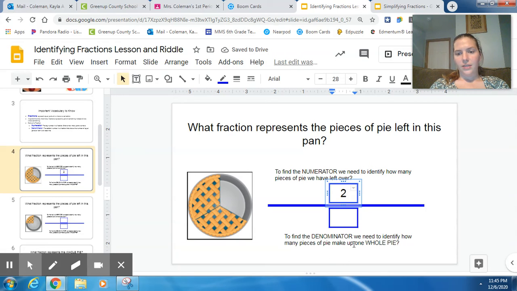The denominator is going to be how many pieces we need. To find the denominator, we need to identify how many pieces of pie make up one whole pie. So